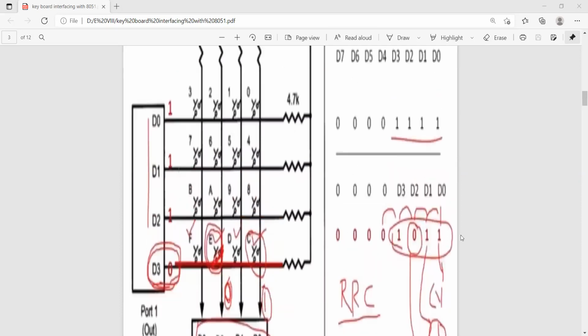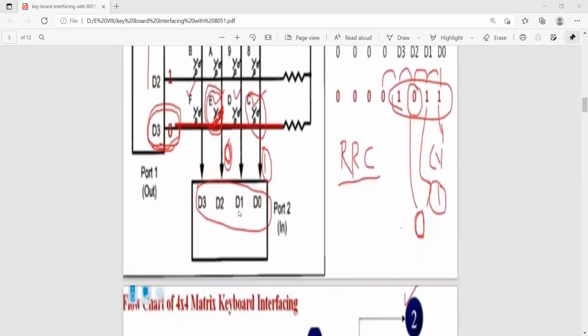So that means whatever the data is in this value, you have to transfer this value into the accumulator, let us assume 1 0 1 1. Then you can start rotation. So rotate with carry. Once you have rotated, carry is 1. Second time rotation, carry is 1. So if carry is 1, it means no key was pressed in that particular column. Second rotation, again carry is 1, so no key is pressed in the second column.